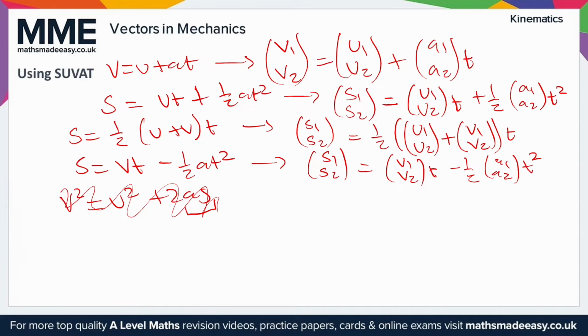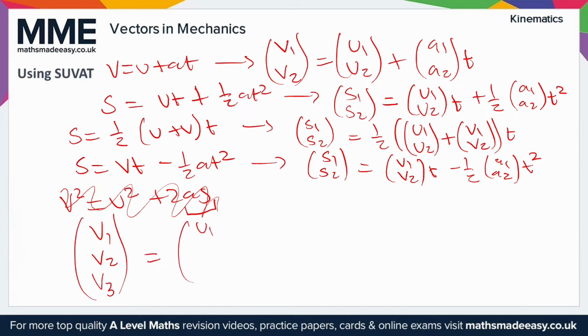Okay, this can also be expanded. At the moment, we're only using 2 dimensions. So you could imagine the top one as the x direction, the bottom one as the y direction. If you like, this can be expanded to as many variables as you want. So for example, expanding the top equation to 3, we could have (v1, v2, v3)